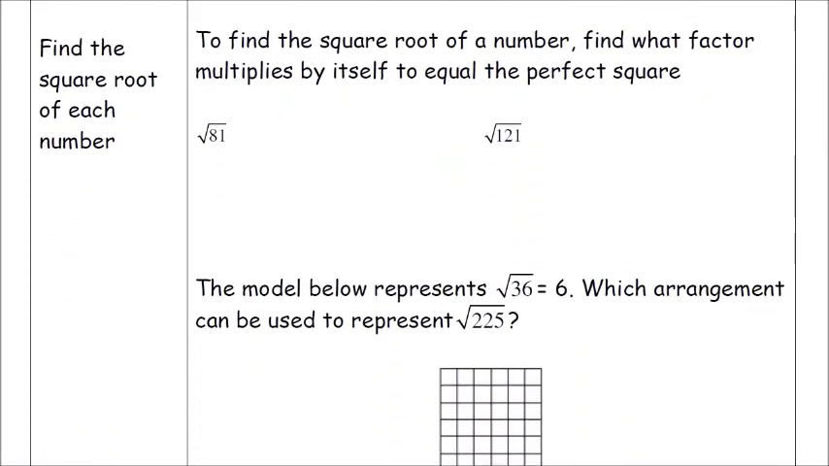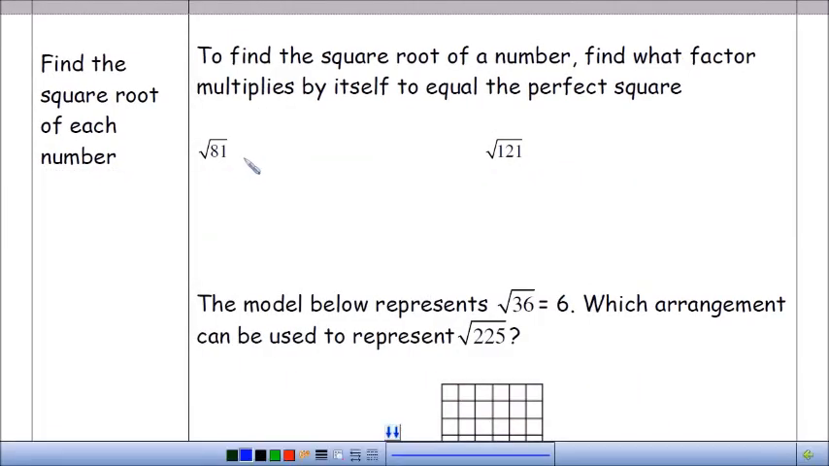And finally, here we go. We have to find the square root of a number. Find what factor multiplies by itself to equal the perfect square. So in this case, we have the square root of 81. The square root of 81 is simple to find, because I think you already know that one by heart. But what I want you to do right now, I want you to go ahead and write down